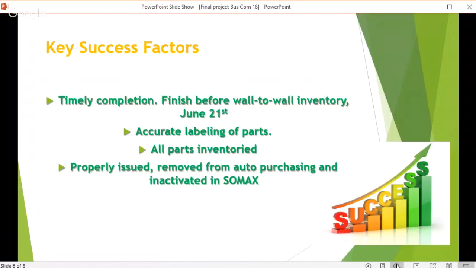Some of our key success factors are timely completion. Like I said, we need to finish this before the wall-to-wall inventory that starts on June 1st. We need to accurately label the parts so that no parts are mislabeled and the wrong quantities entered for the wrong parts. And we also must follow all the proper issuing and removal, auto purchase unchecking, and inactivation procedures